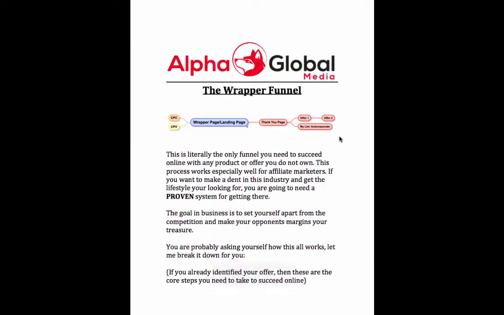So right here on the left side we have CPC, CPV, these are all traffic sources. Doesn't matter, you don't have to use those sources. That's just an example. So traffic comes in, you have your wrapper landing page, and then you have your thank you page, and then you have your offer, right? So what you want to do is the thank you page is the most ideal step